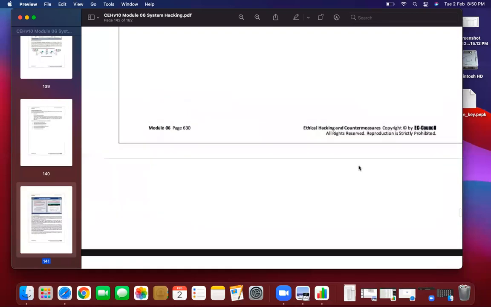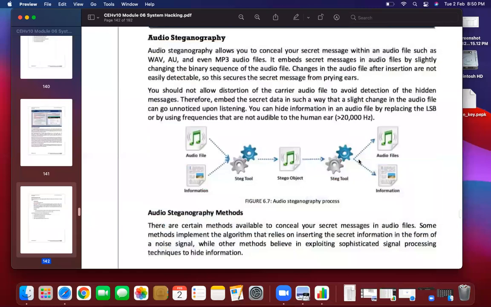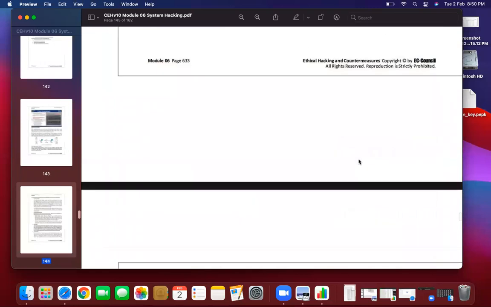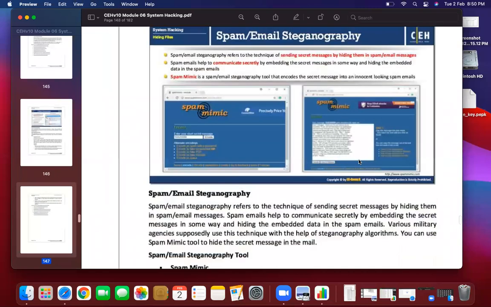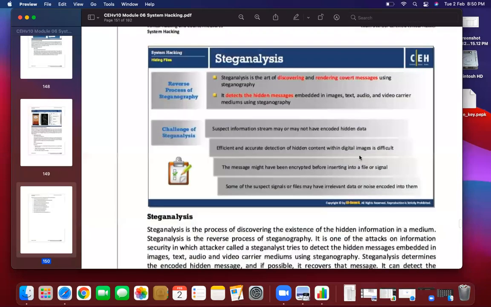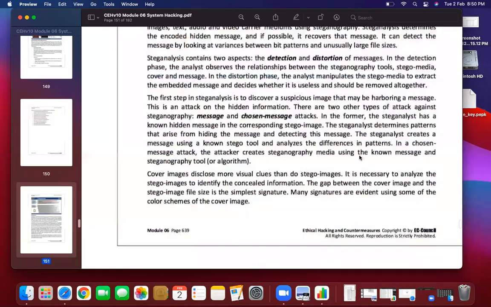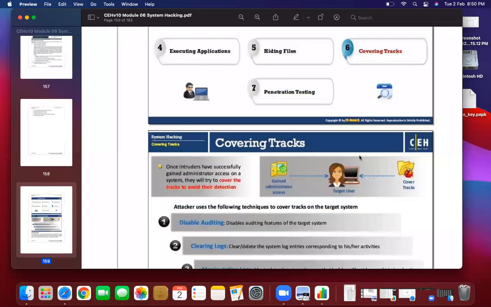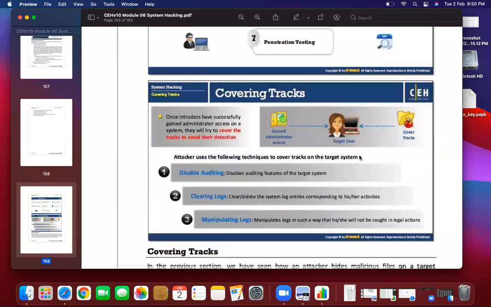So let us proceed further and go to covering tracks. Covering tracks is also very, very important because you need to make sure that no one is able to track you back. Covering tracks is a process using which you try to clear your tracks and clear the log files.